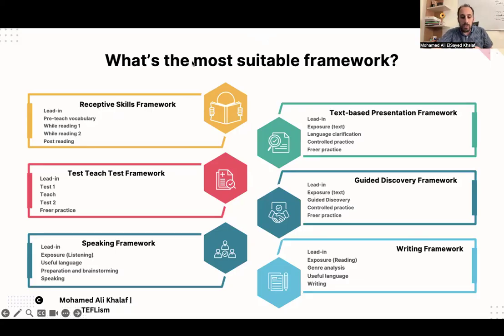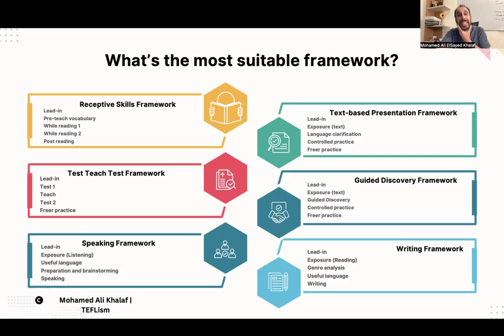Like our aim is reading. I looked at the TP points and I found out that my main aim is reading. I looked at the materials and I knew the pages and the exercises. I knew the text, also the text. Now I need to go to this session, which is overcoming planning anxiety, and look at the suitable frameworks.